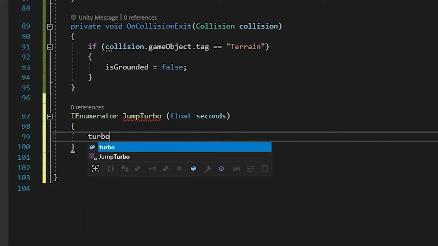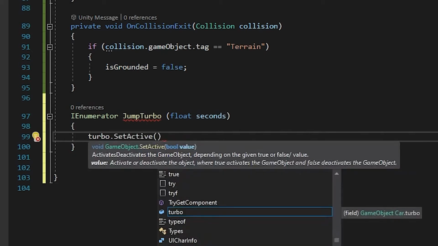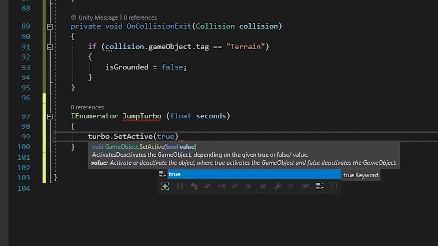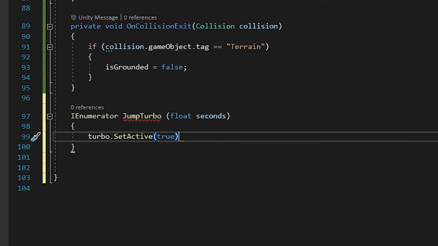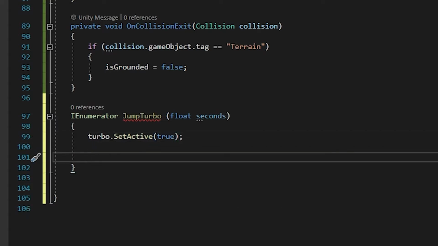Type turbo.SetActive and pass it the value of true. Put a semicolon at the end of your line. And the next thing we're going to do is tell our enumerator to wait. Type yield return